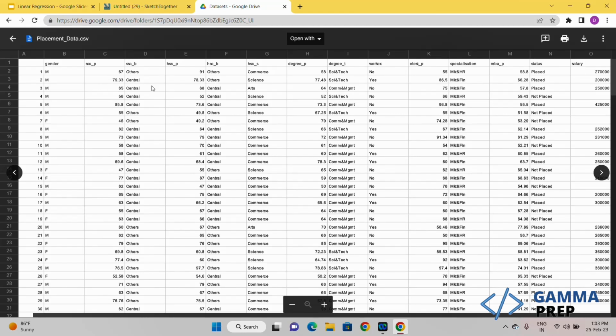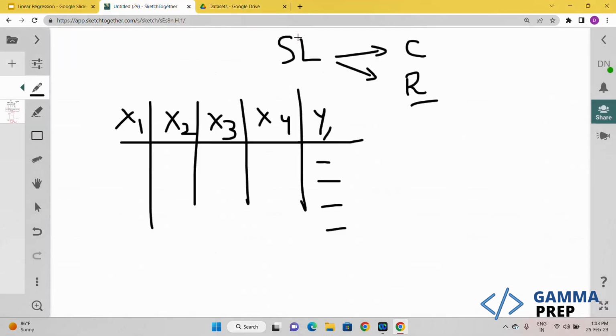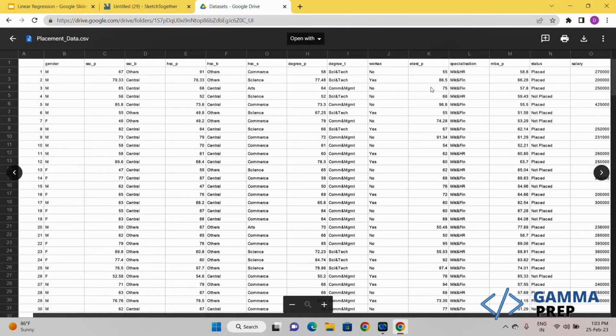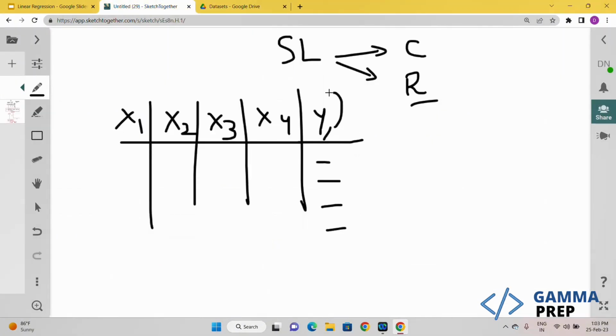So this salary is a continuous variable and it is a target variable. So if salary is a target, then we basically have a regression problem in hand and we are going to solve it using a regression model. Okay, does that make sense? So when your y is a continuous variable, then we have a regression problem, and now we're going to understand